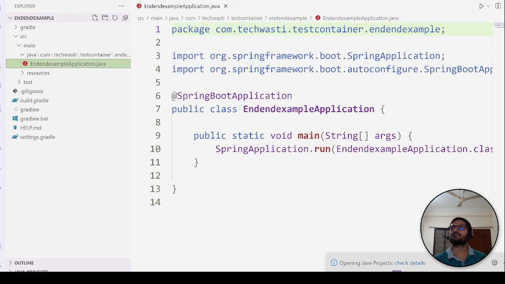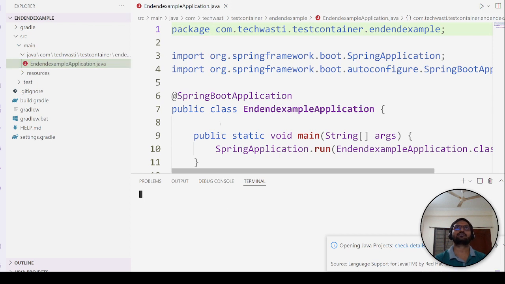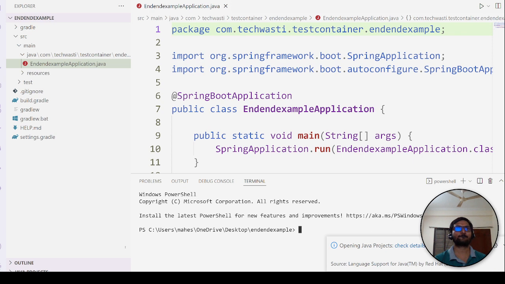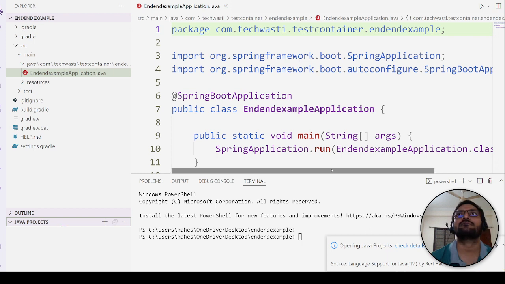I think it is downloading the dependencies. Stop terminal. We can see terminal. Coming back, not yet loaded, so it will take some time to load the dependencies. Meanwhile, we'll try to build our